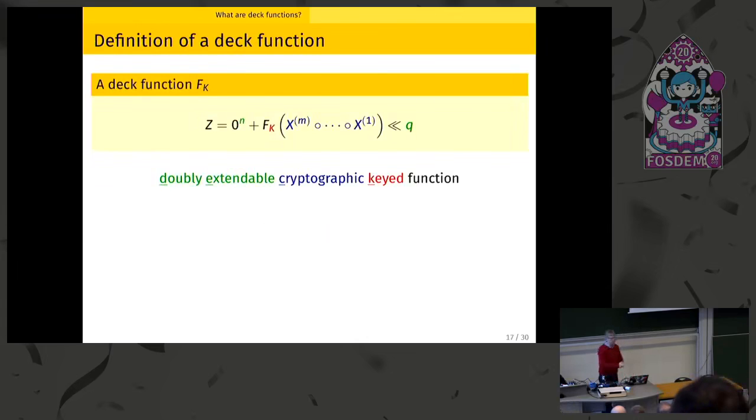It has some notation, but basically a DEC function is a pseudo-random function that takes as input a sequence of strings. So the input is either one string, or two strings, or three strings, and it's a deterministic function, so it takes a secret key and this sequence of strings, and it's going to produce as many output bits as you wish. These output bits depend on the secret key and on the input.